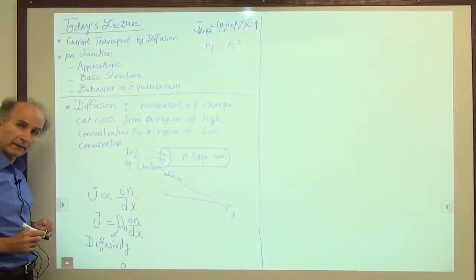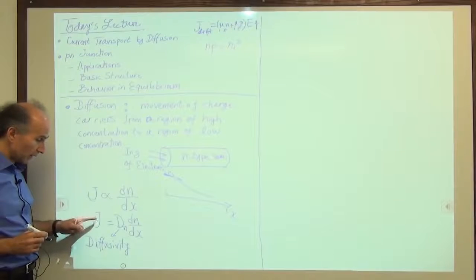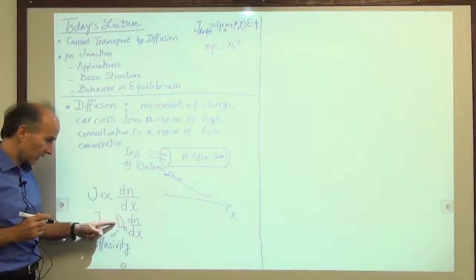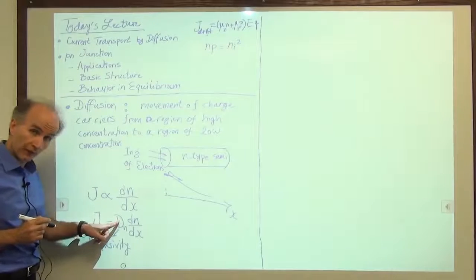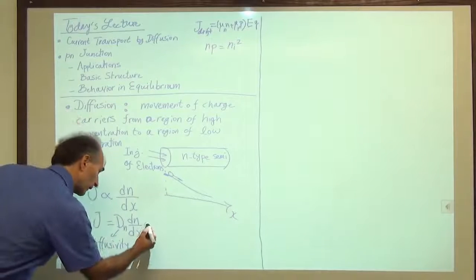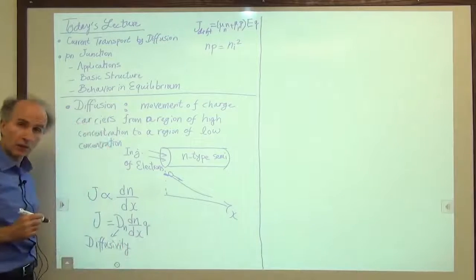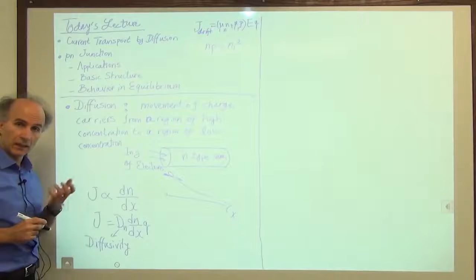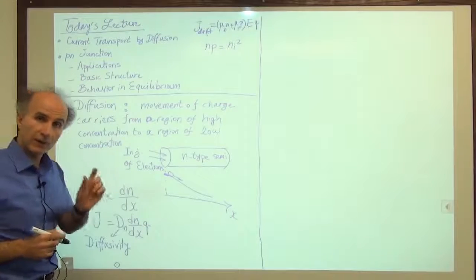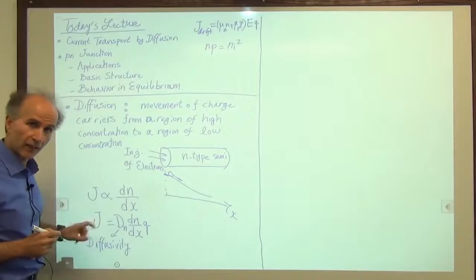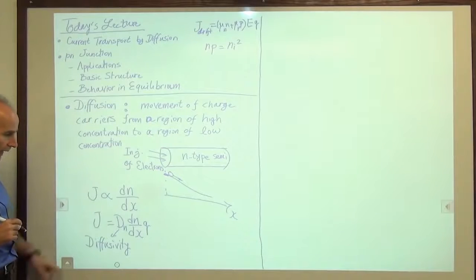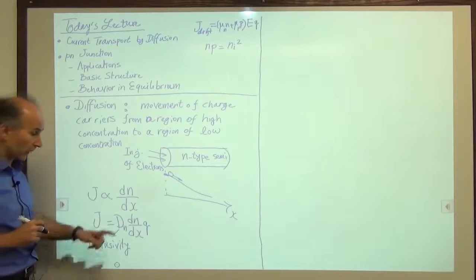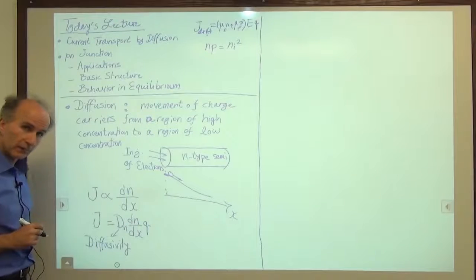This equation is not complete yet. Why? Because the current has to be in amperes per square centimeter. But it's not amperes yet because we don't have any notion of the amount of charge, charge in coulombs. So we add a q, meaning charge per electron. At the end, we multiply it by q so that this whole thing is now the amount of coulombs that pass in 1 square centimeter in 1 second, and that would be J. All right, so that is the diffusion current arising from electrons, from the different concentration of electrons, if the concentration